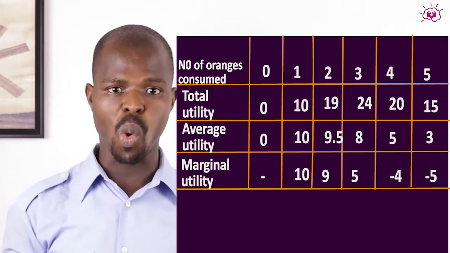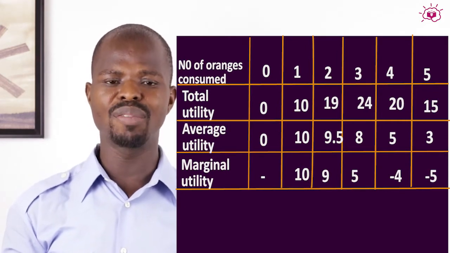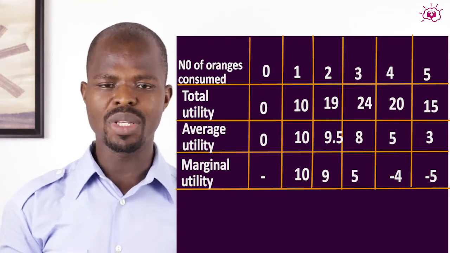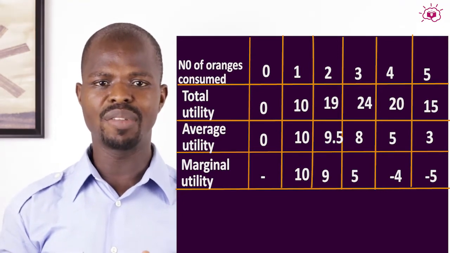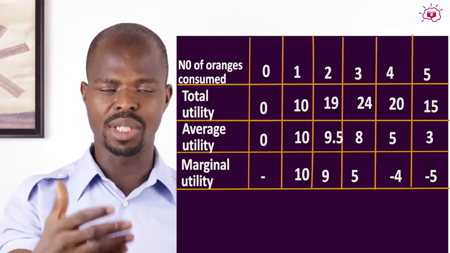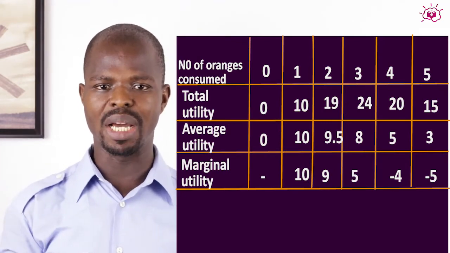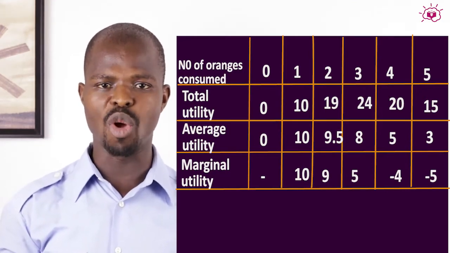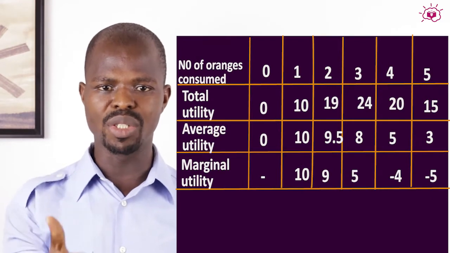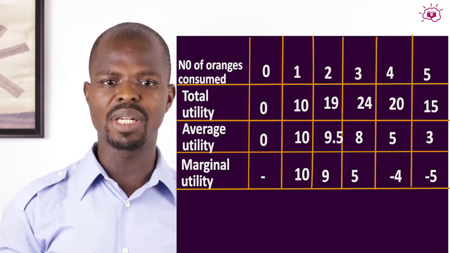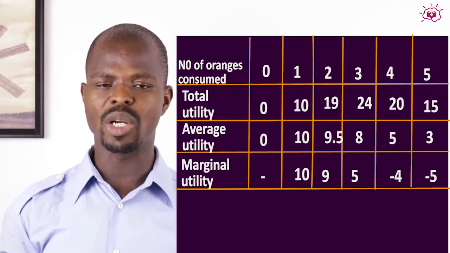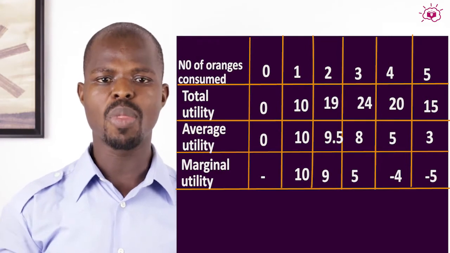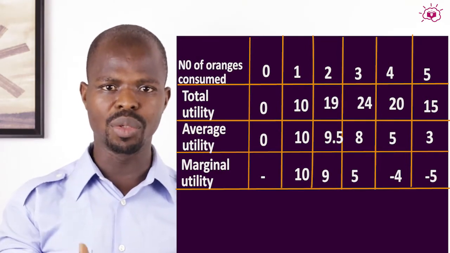Now, if you go to the next row, we have the first orange that is being sucked by a consumer. When you suck the first orange, it derives 10 utils, as in the total utility. Of course, if you apply the formula to calculate total utility, you have your average utility multiplied by the number of oranges consumed. Now, what is the average utility from the table? The average utility is 10, while the consumer sucked 1 orange. So multiply 10 by 1, it gives 10 utils. The same thing if we continue downwards.